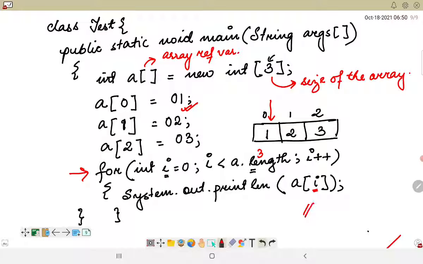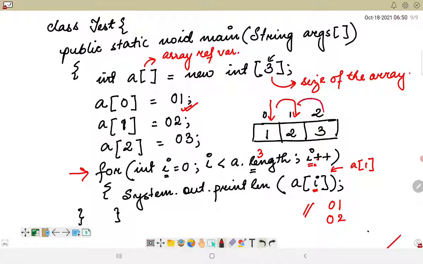So 1 is getting printed here, then i is incremented. Now i is moved to the second position, and i is less than 3, so again the value a of 1 is printed, which is basically 2, and then i is incremented again.